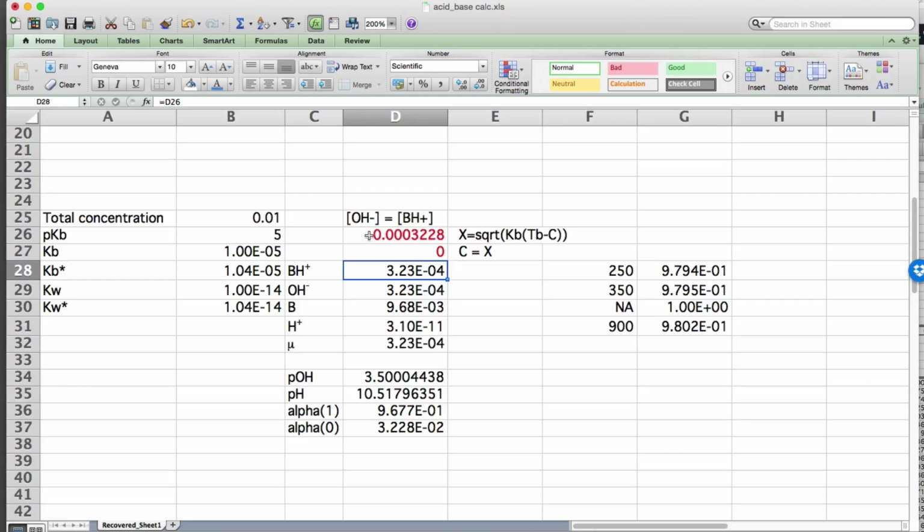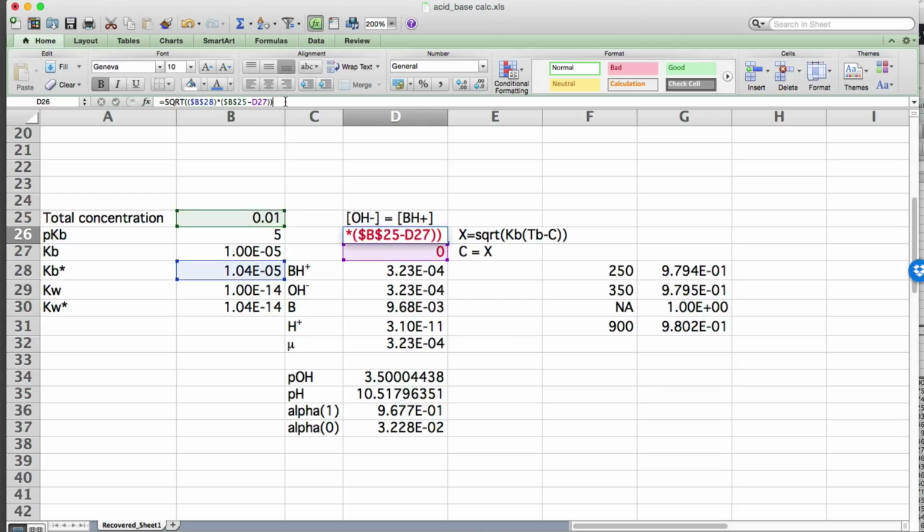So let's begin with a general layout of the spreadsheet. Total concentration of base 0.01, 10 millimolar. pKb is 5. That means my Kb is 10 raised to the negative B26. We'll come and talk about these stars in a second. My OH minus is equal to BH plus, so I'm, in this case, assuming that my base is neutral form